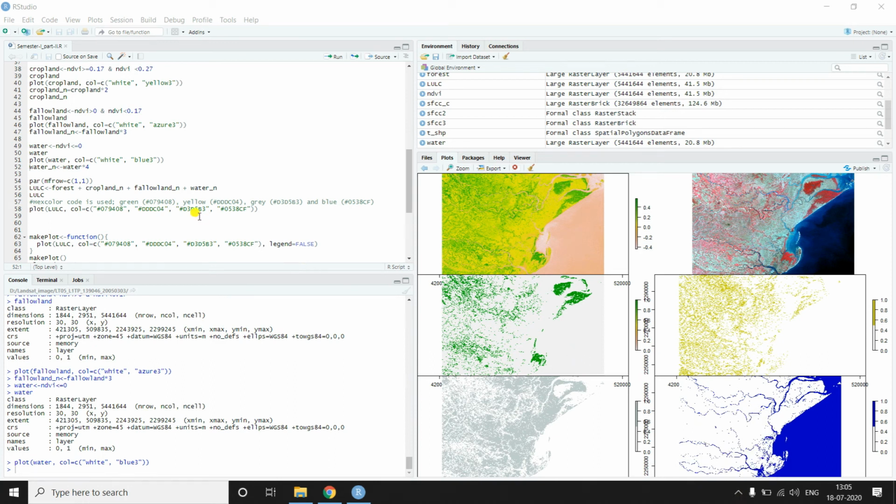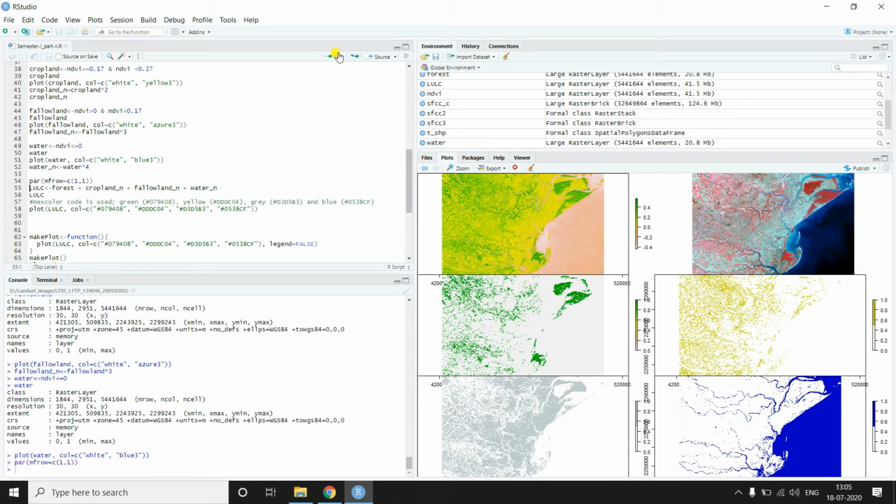Now we will create an image window which will have only one row and one column, so that it will create an entire big image in the plot area. Now let us take a sum of these 4 individual classes, so we will get the complete land use land cover map. So we will take the sum of forest, cropland, fallowland and water body. For forest it will be only forest, but for the rest of the 3 classes we will take the modified values, so that the class numbers are different for each of these classes.